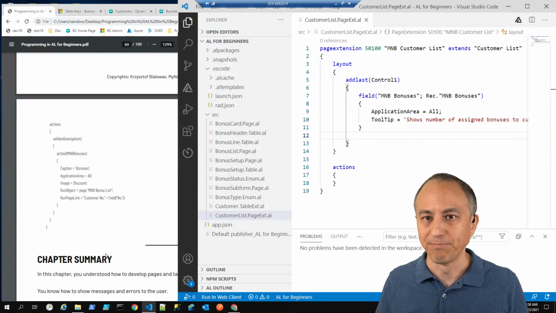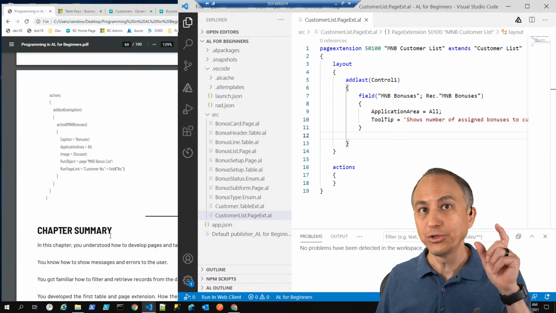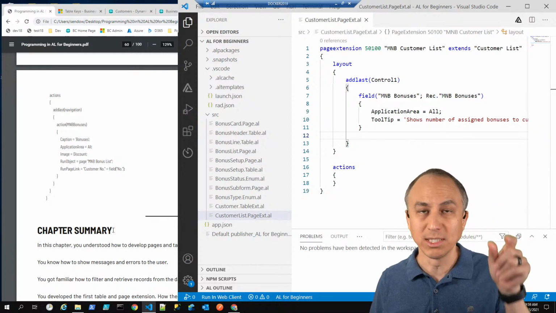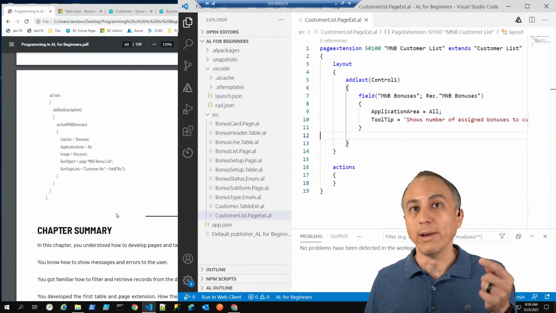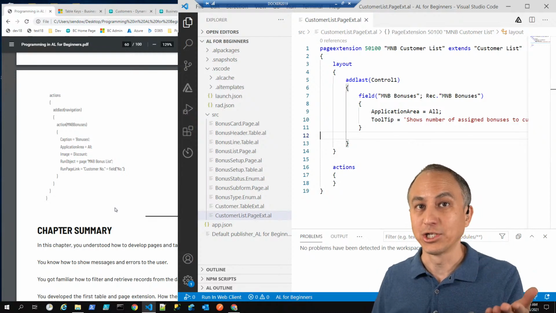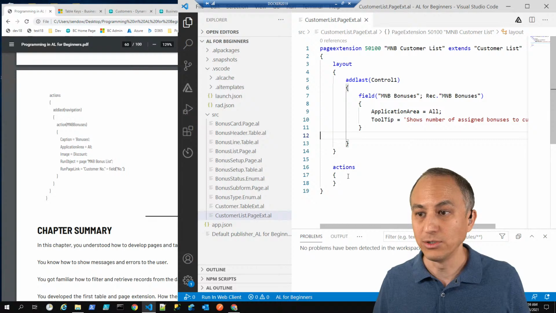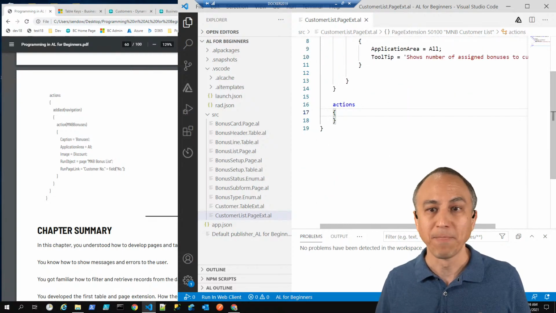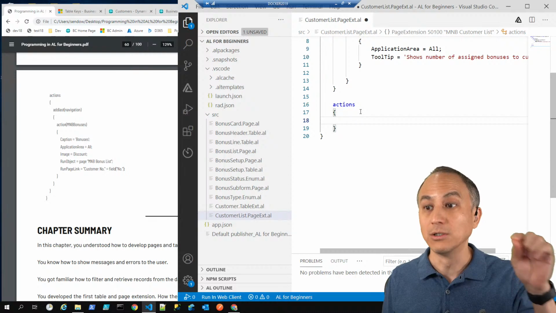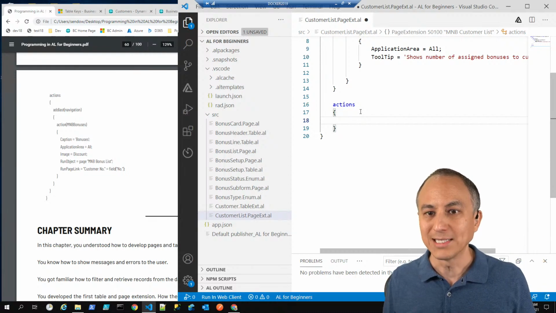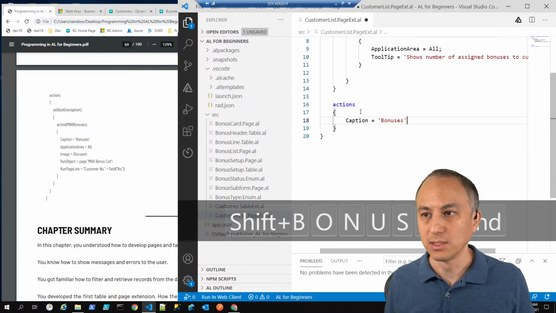Okay, what's next? We have actions. So in addition to displaying the number of MNB bonuses for each customer in our list page, remember, he wanted us to add an action so that we can click on those bonuses. So let's see how to do that. So down here in actions on our customer list page extension, let's add caption, bonuses,